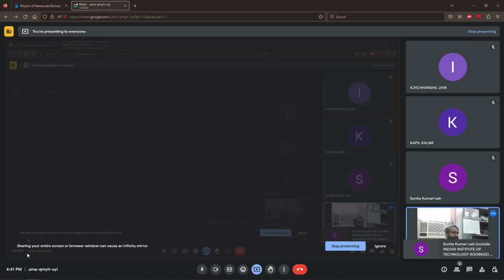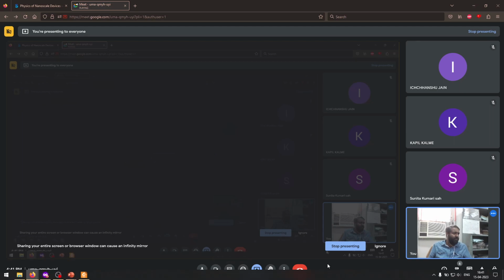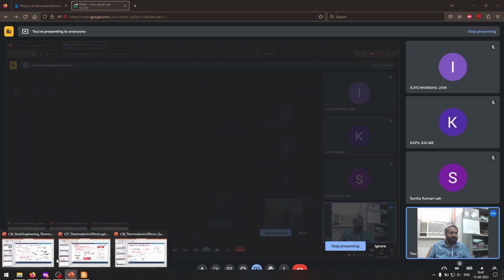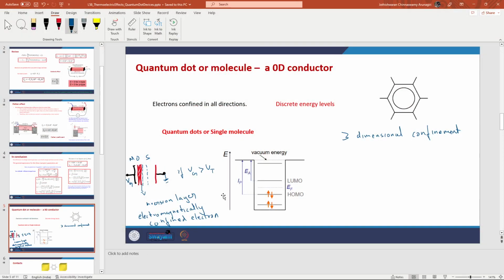I'm sorry. Yeah, returning to slides, yes. So usually quantum dots are formed by having a bulk material, but we create different kinds of interfaces and we place multiple electrodes and apply the correct sequences of voltages and biases to confine the electrons to a small region